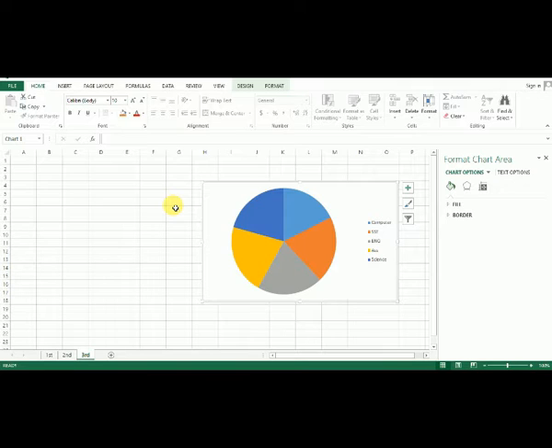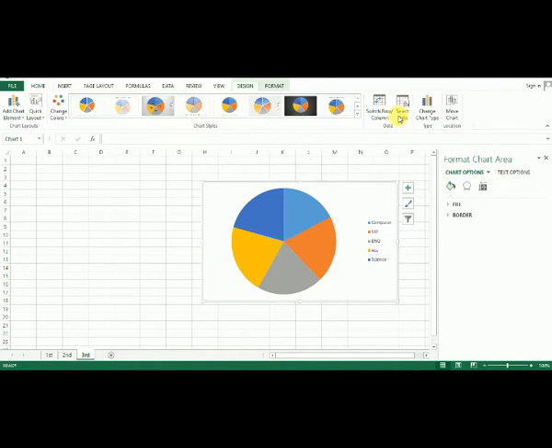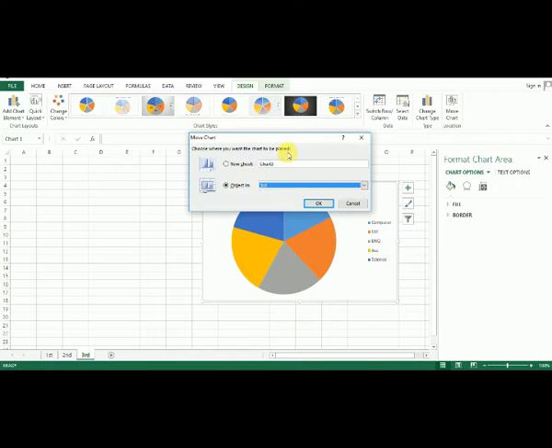If you want this chart moved to a new page, then you can double click on this chart, choose Move Chart, and you can see New Sheet. New sheet means new pages. Click on this one and give a page name, suppose I want to use the page name 4 page.